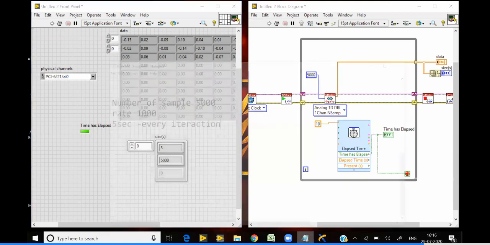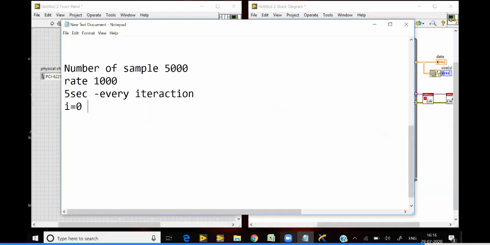So at the zeroth iteration, when i is equal to 0, the first iteration timing will be 5 seconds. So you will get 5000 values.